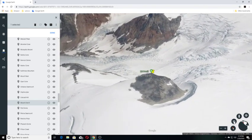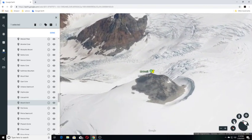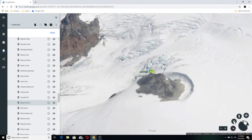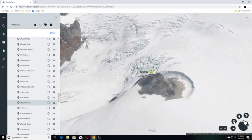Mount Overall is a volcanic peak in southwestern British Columbia, Canada, located 50 miles east of Rivers Inlet and 1 mile northwest of Mount